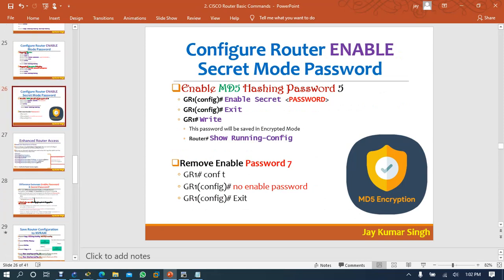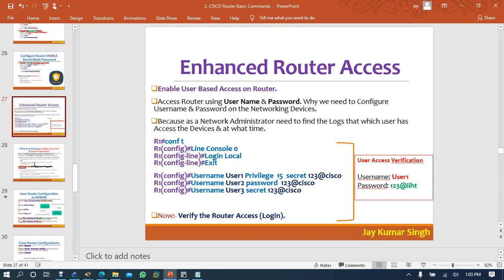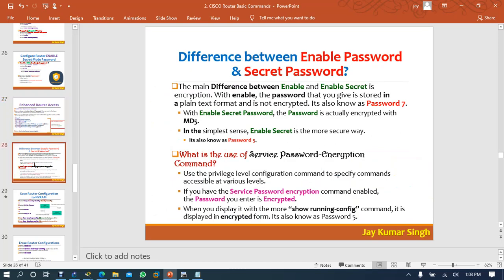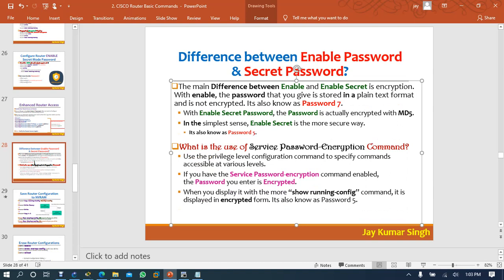By default I have used console password and enable password, right? So I can easily see those passwords. So I encrypted those passwords. So for encrypting those text passwords or clear text passwords, I can use the service password encryption command. So I can use this command.